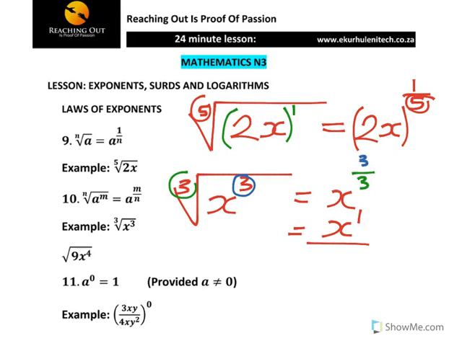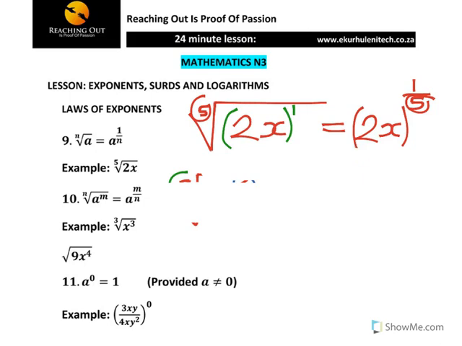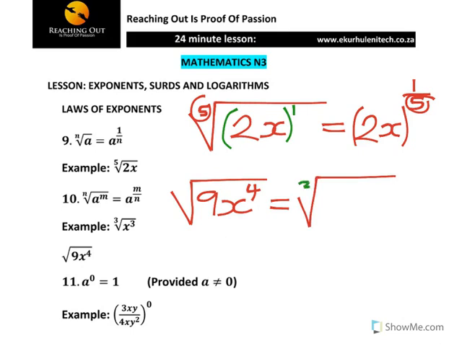And then when they give you another scenario here, if I can show you another scenario here. Another scenario here is they gave 9x to the power 4. And then if you still remember, the hint is that when they didn't give you any number, you must know that there is a 2 there, and then it's 9x to the power 4. This is equal to,